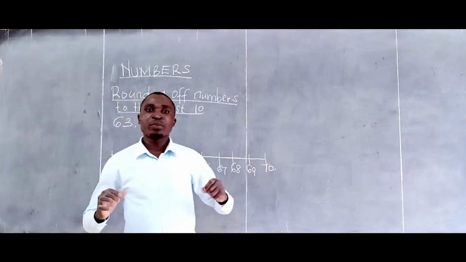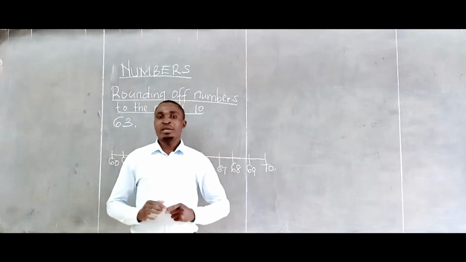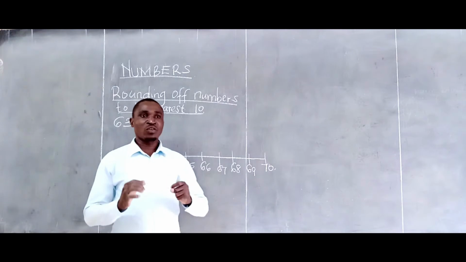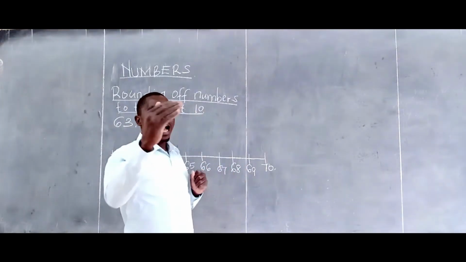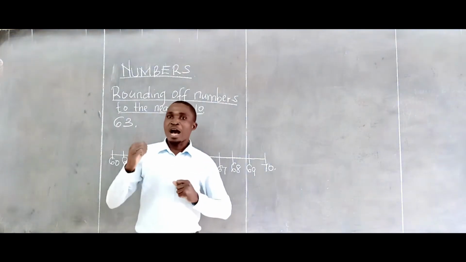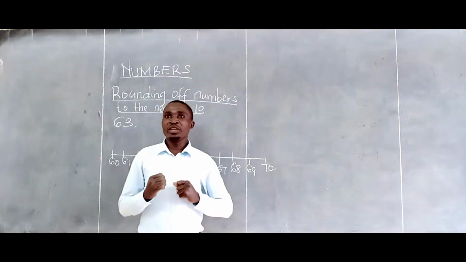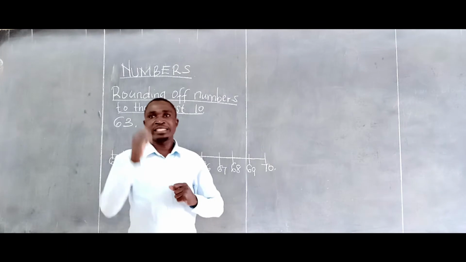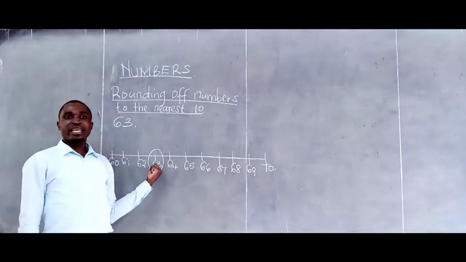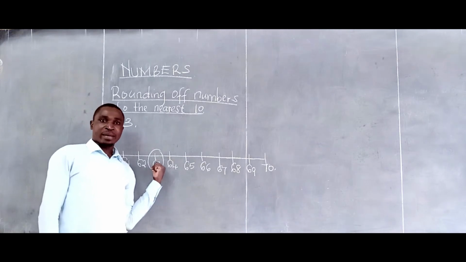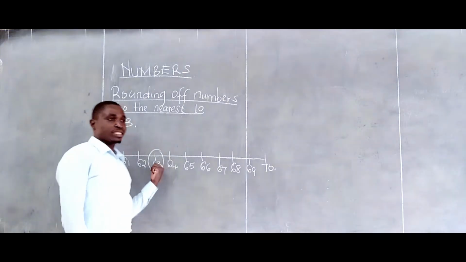Then from there, we identify our number. I have listed numbers from number 60 up to 70. I have identified our number, which we are beginning with. This is number 63. Here is our number. I have shown it on the number line. Now, the next step,